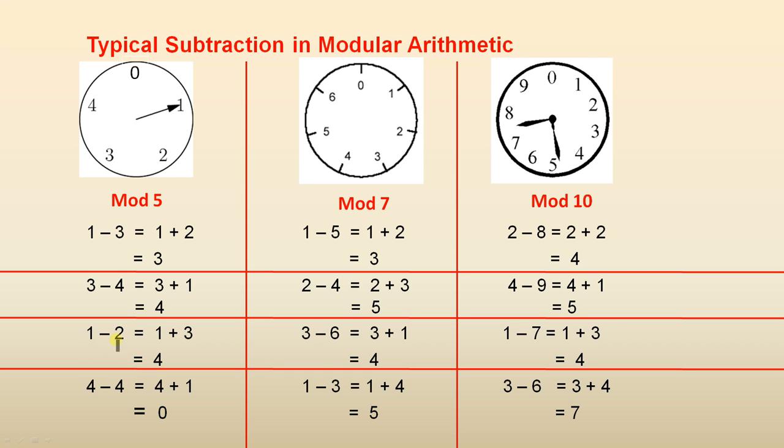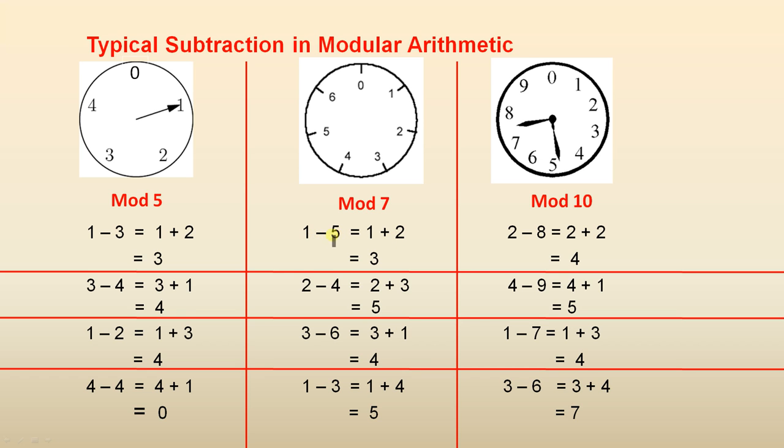1 minus 2 is 1 plus the opposite of 2. The opposite of 2 is 1, 2, 3. So 1 minus 2 is the same as 1 plus 3, and that gives us 4. 4 minus 4 is the same as 4 plus the opposite of 4. The opposite of 4 is 1. So 4 minus 4 is the same as 4 plus 1, and that gives us 0. Now in Mod 7,